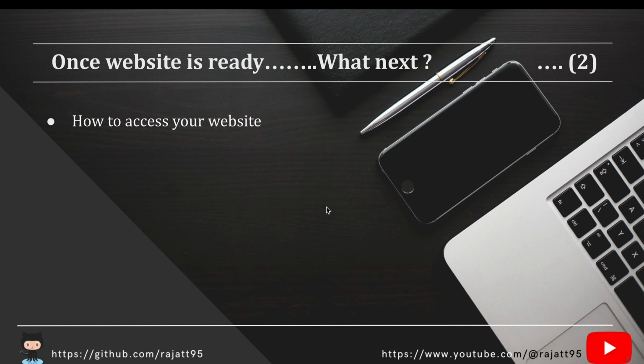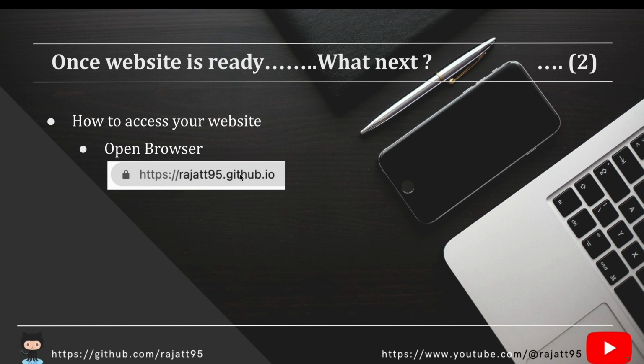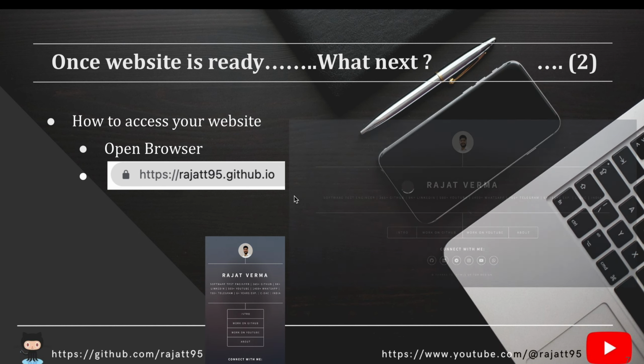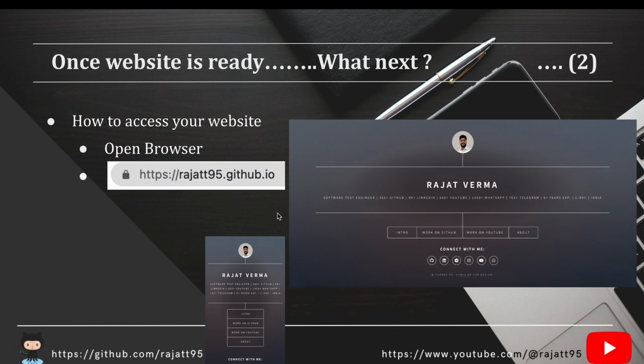Then how to access your website, we already have seen. You need to open the browser, you need to navigate to this URL which starts with your username and then .github.io. Okay, and then you will be able to see your website which is hosted with the help of GitHub Pages on different devices. Okay, yeah. So this Rajat95 is my GitHub username, and this is how you